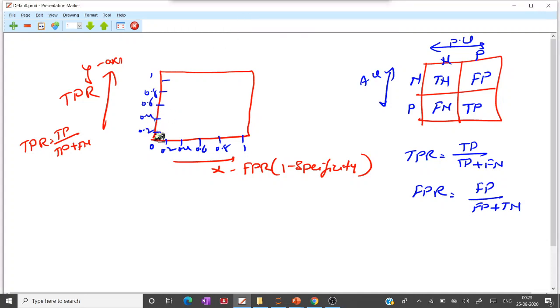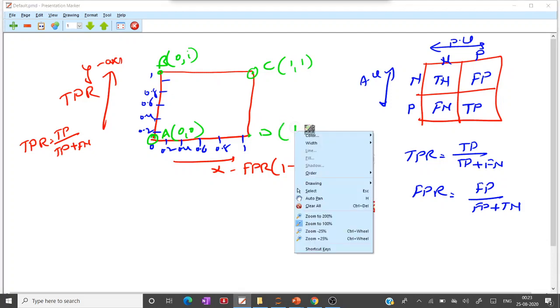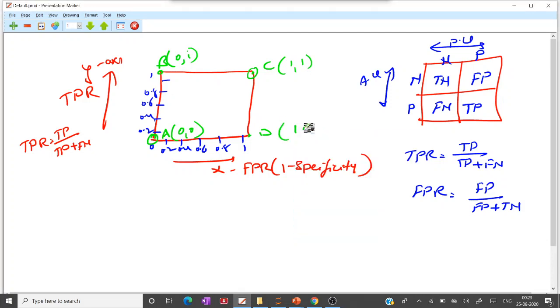This is point A, this is point B, point C, this is point D. So point A is 0, 0, point B I am considering as 0, 1, point C is 1, 1, and point D is 1, 0.